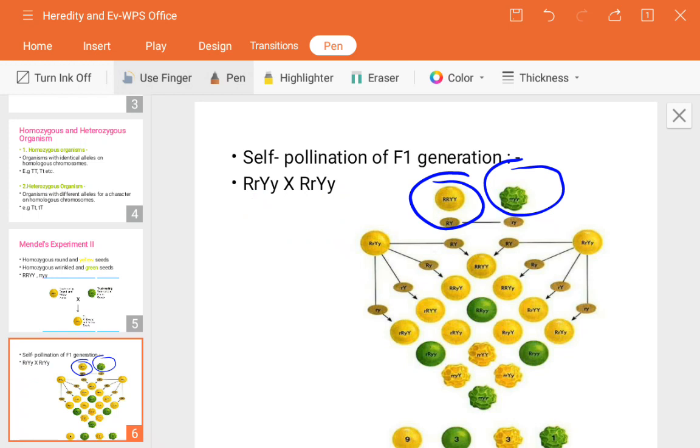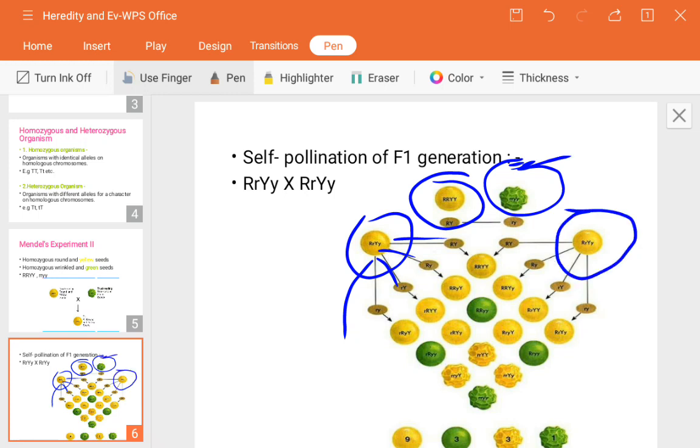Now again, what they did is they crossed them likewise here, this one. How did it happen? By crossing with this one, and again this one has also happened by crossing with this one, okay. So after that the result is capital R small r,